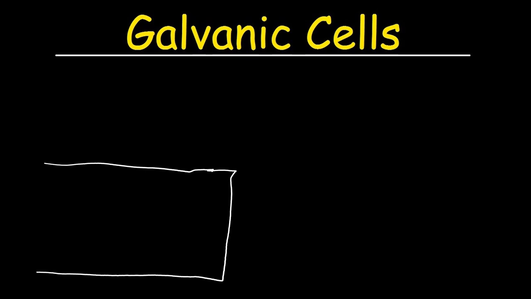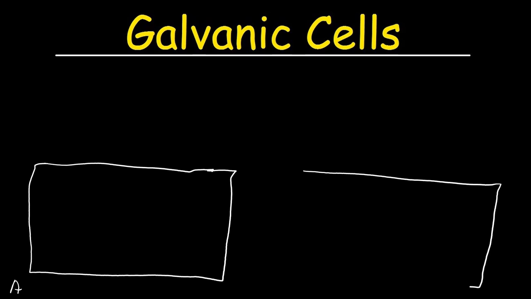This is container A, and container B. Usually, zinc sulfate and copper sulfate are used in the form of solutions in a galvanic cell. There are different other types of polar or ionic solutions which may be used, but most commonly, galvanic cells are based on